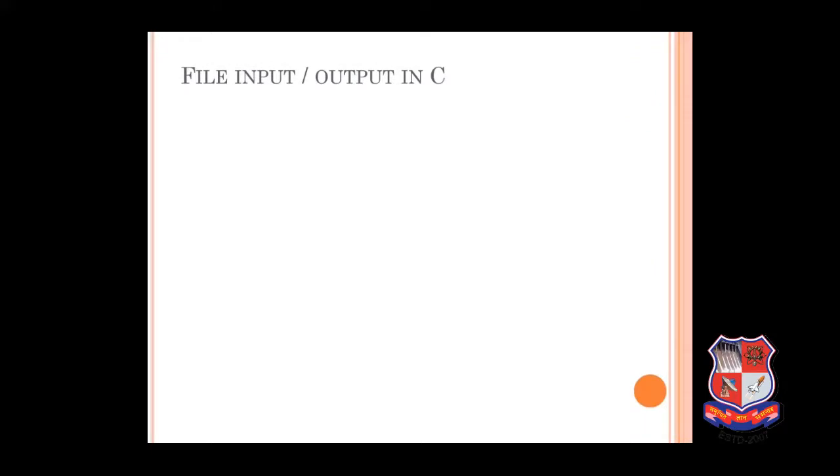Now next is file input and output in C. In C language we use a structure pointer of file type to declare a file. As we all know, in the GUI, graphical user interface, we have that file's name and we can visually see that file. For example, I have stored a file named ABC in D drive. So what I will be doing is going to my computer, clicking D drive, and then into that ABC file.